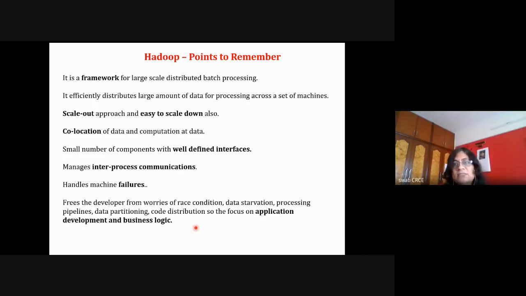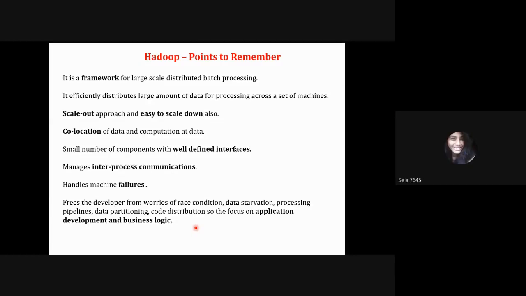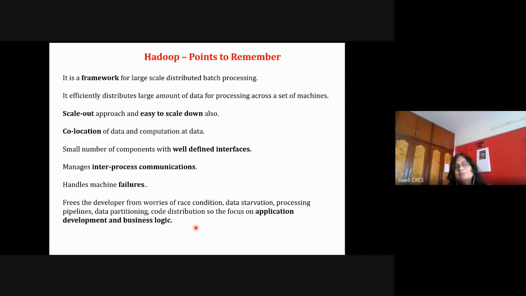In HDFS there is storage, in MapReduce the mapper and reducer jobs execute, and shuffling is done by the framework. So please reply on chat, those who are alive. No, ma'am, no doubt. Okay, so we'll go ahead then.